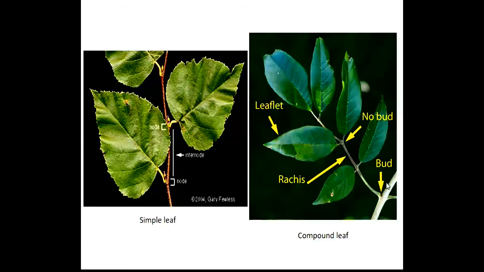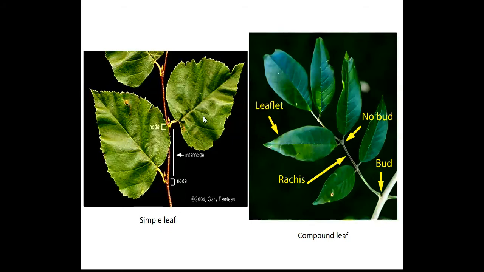And what happens here? Look, there is no bud, but there is a bud scar here. You can see the bud scar. The leaf bud was present here, but after it shed, there is a scar present in this axillary position. Bud will not be present here, or here. Bud will be present here in case of this compound leaf.